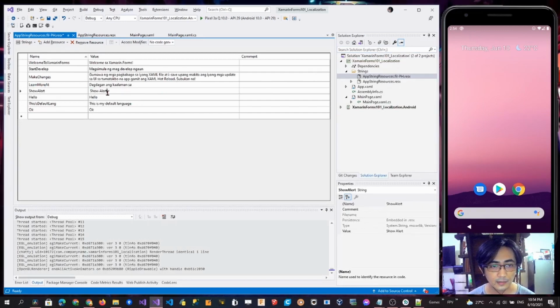Show the alert, I guess. It's not the exact translation, but hello should be Kumusta. This is my default language. Ito aking